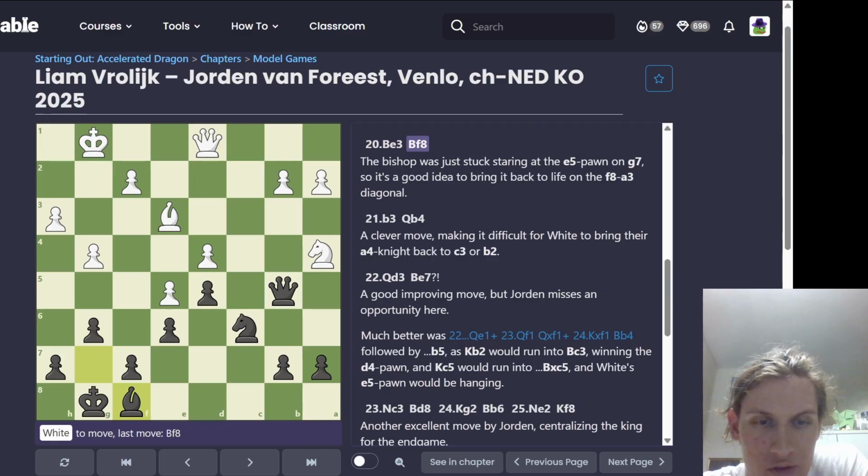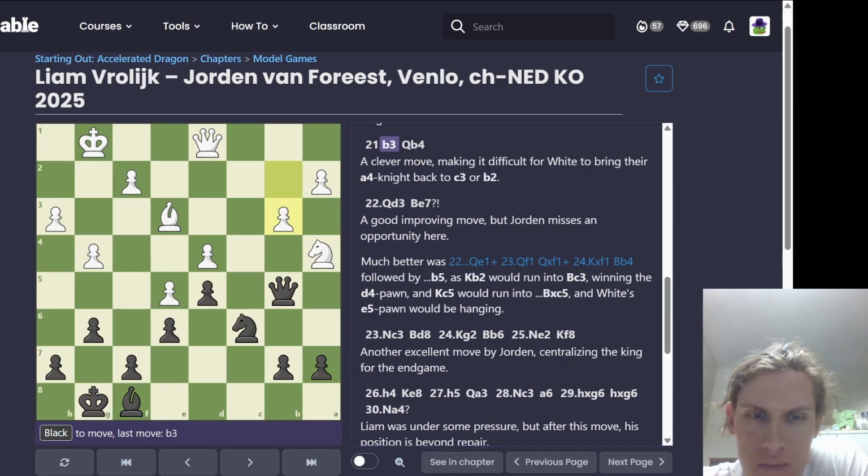Bishop e3, bishop f8. Whoa. The bishop was just stuck staring at the e5 pawn on g7, so it's a good idea to bring it back to life on the f8, a3 diagonal. This is a very nice pattern, which I think is useful for many openings, but okay. So b3,